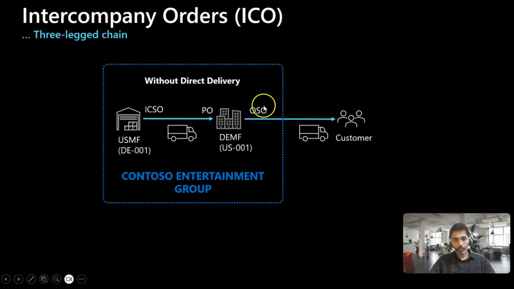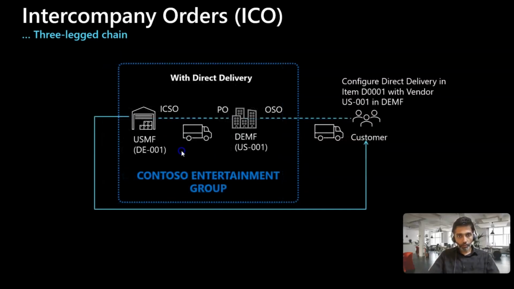So let me go back. So now from the DEMF, the order can be dispatched and delivered to the customer. So this is primarily constituting the three-legged order chain. In this case, it is the three-legged order chain without direct delivery, what we have done right now. But we will see how to do the same process with the direct delivery in the